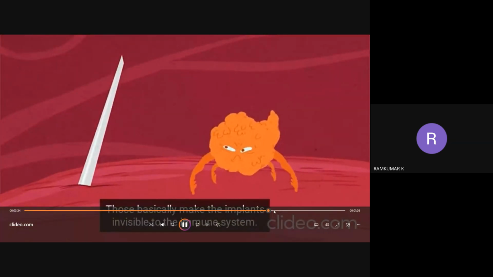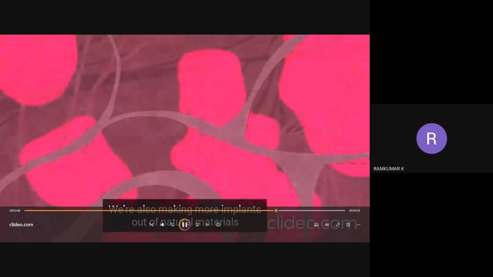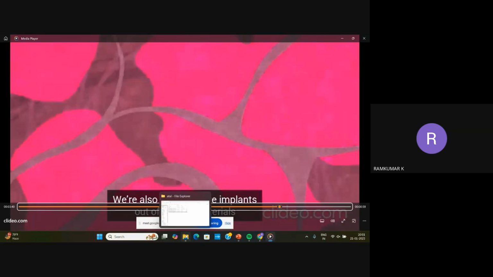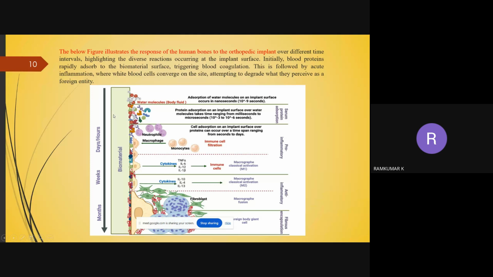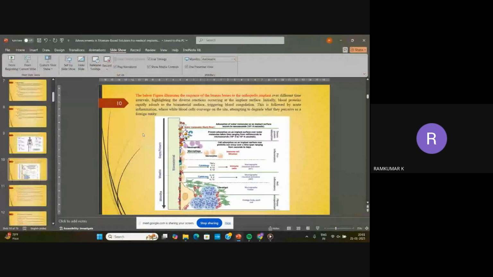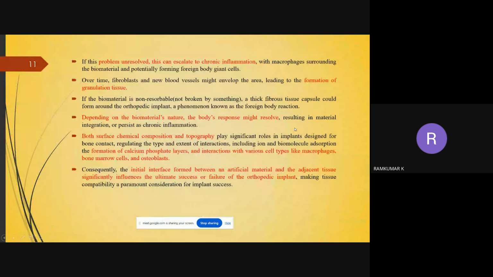So the researchers are working, and many works have been made to trick the immune system. I just want to make this slide clear. So we have to resolve these kinds of problems. If you are not resolving these problems, then inflammation will take place, and as shown in the video, it will create a fibroblast, so that it will make the material not react with the